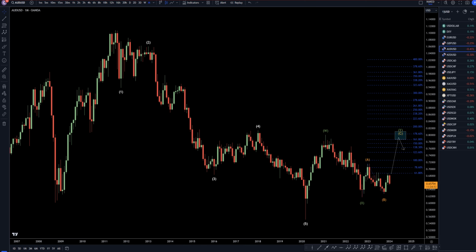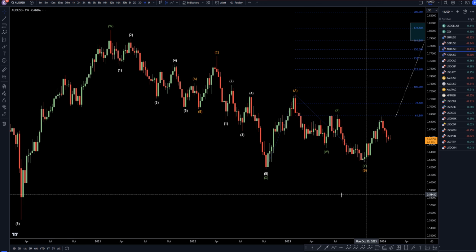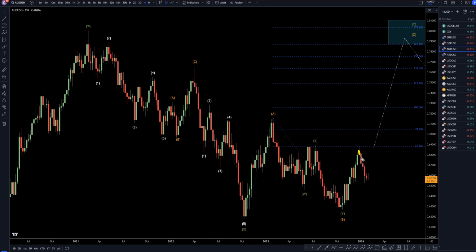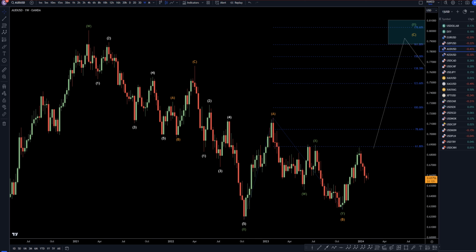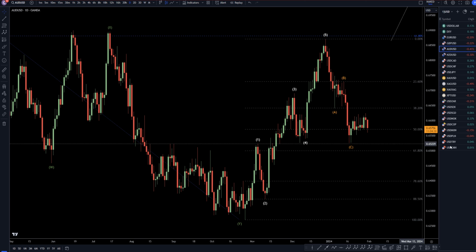So anyways, let's take it down to the weekly time frame. On the weekly time frame, I still see that this is going down pretty strong, but I still suspect that it's a 1 and a 2 and that eventually it could go up and make a 3, a 4, and a wave 5, because a wave C of wave Y should be a 5-wave pattern just like the 1, 2, 3, 4, 5 of wave A was a 5-wave pattern. So let's take it down to the daily time frame.